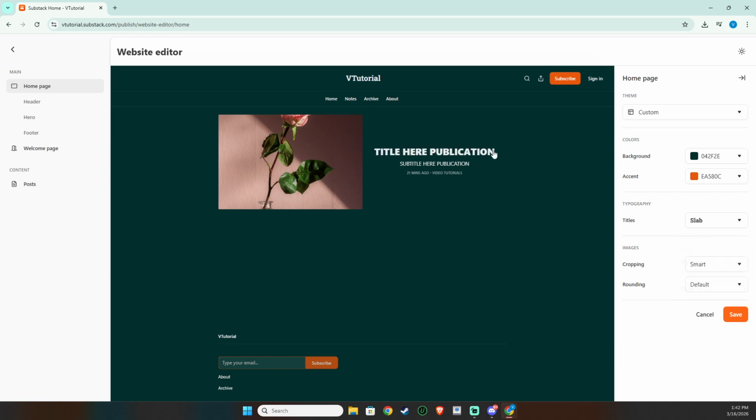Check that links are visible, buttons stand out clearly, and headings guide the eye. If you anticipate a lot of mobile readers, choose styles that stay legible on smaller screens and maintain sufficient color contrast. When you're happy with your choices, click Save. Your updates apply to your homepage and will help create a cohesive experience across your publication. And remember, you can always return to the theme editor to refine your background, accent, or title styling as your brand evolves.